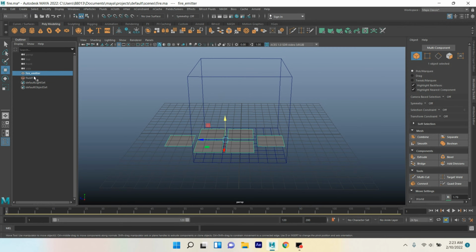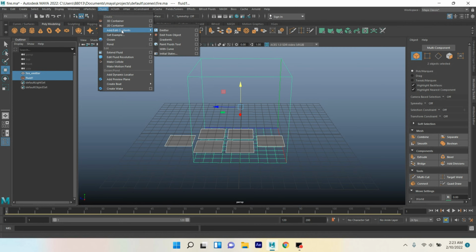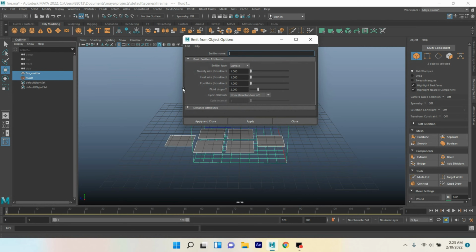Now select the fire emitter, shift select your fluid, again go to fluid, add edit content, open emit from object option,